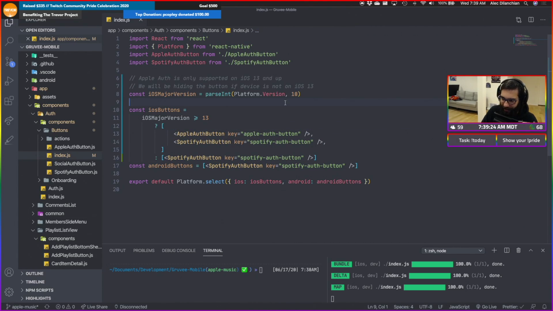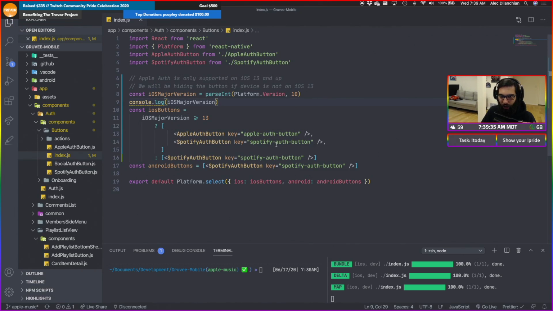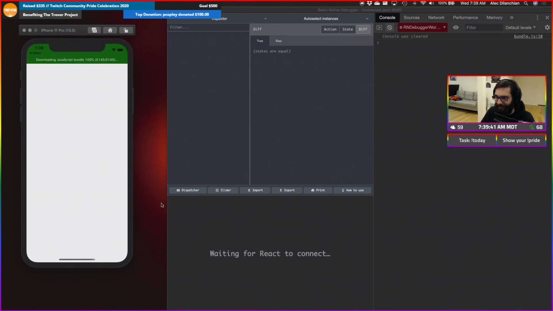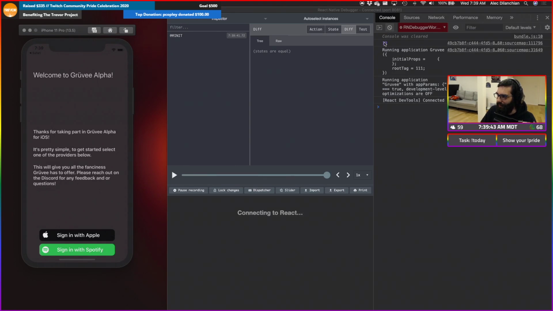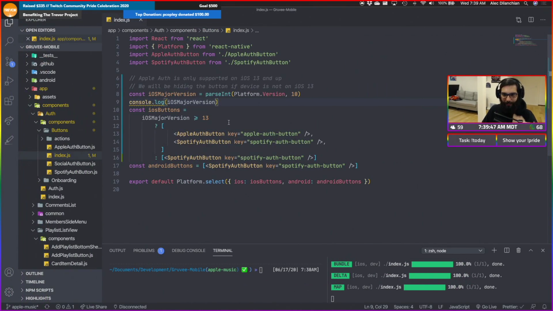I guess we can also print out what our major version is, just so we can triple check while that thing downloads. Probably a good idea. Groovy, and it's Groovy with an umlaut, Dr. A, please. Get it right next time, all right? Cool, it has 13. There you go, nice. So it worked.